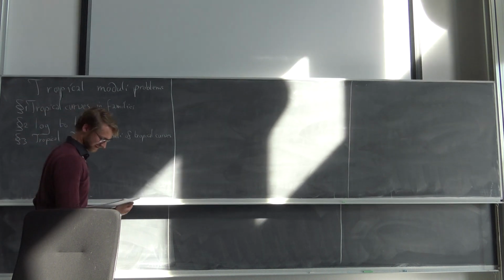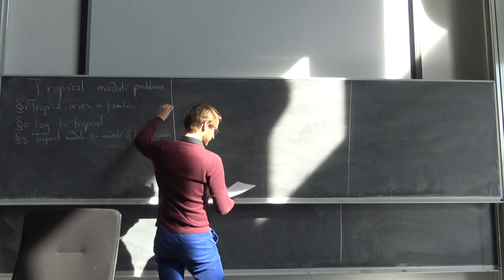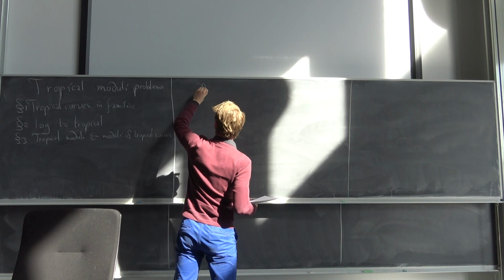So I'm not going to. If you really want to see it again, if you're going to use all of the notation from the definition, I would love to see it again. I will give it again then. In that case, I'm just going to use a notation and give a notation. So we have a tropical curve X,